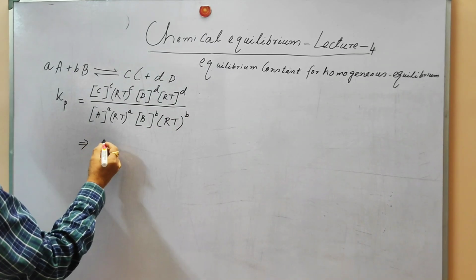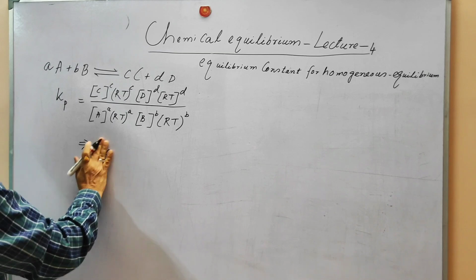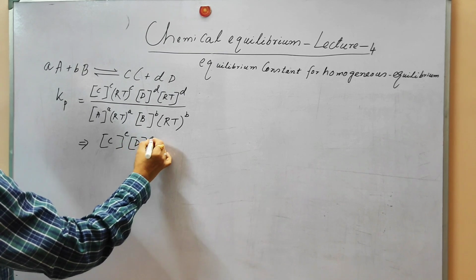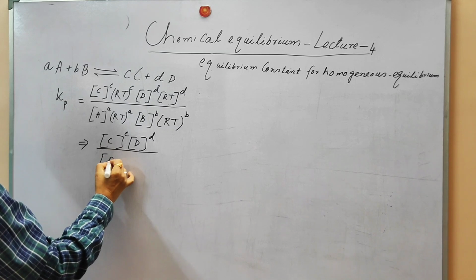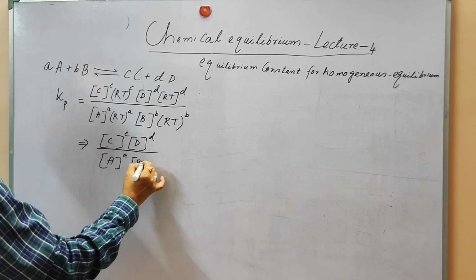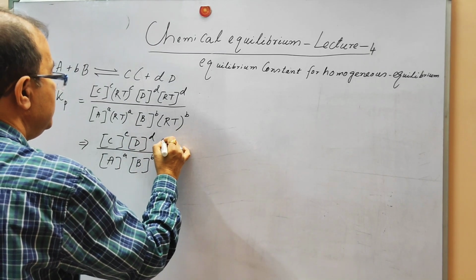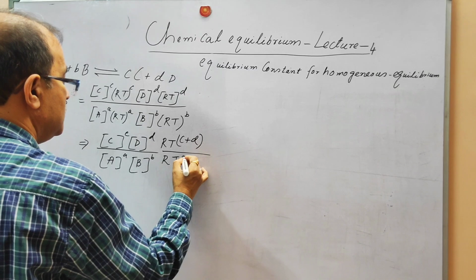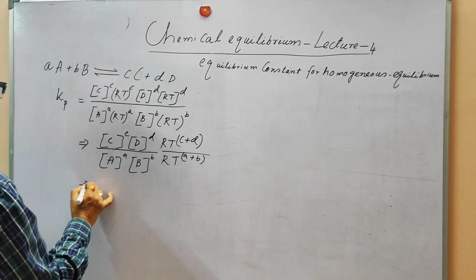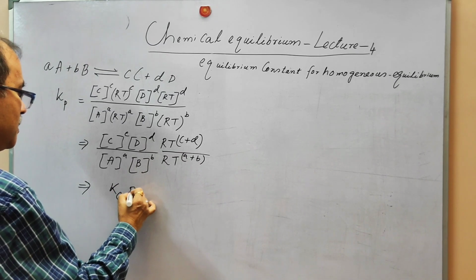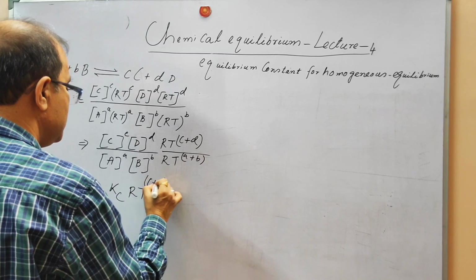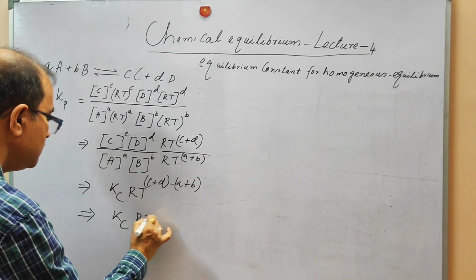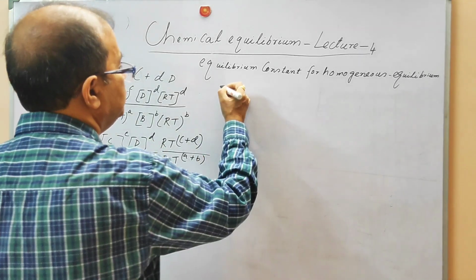So we can simplify this equation, that is Kc, or we can get another step, that is C. So we can get this here, RT to the power C plus D. With that, we can write Kc is equal to RT to the power C plus D minus A plus B. So we can write further Kc is equal to RT to the power del n,